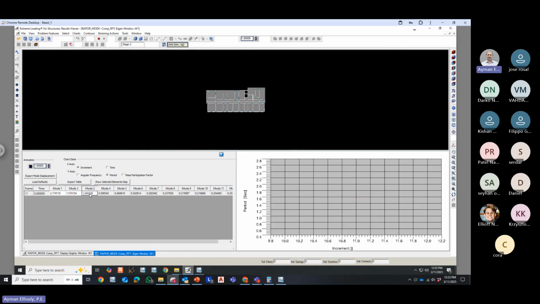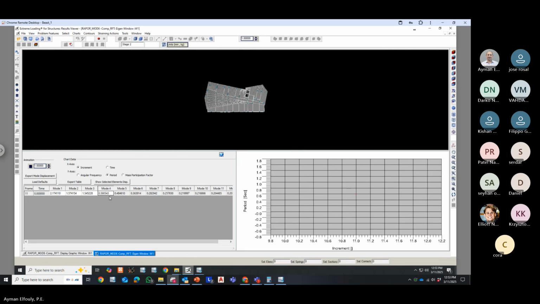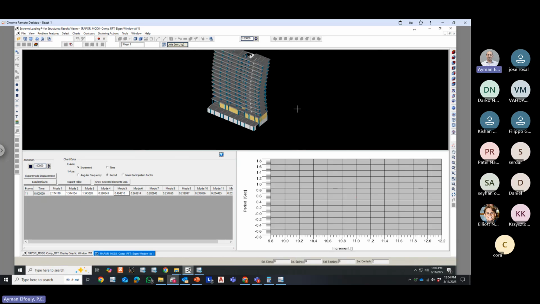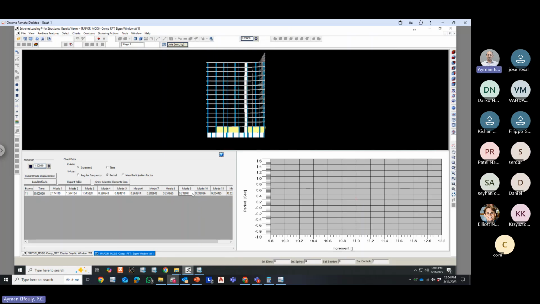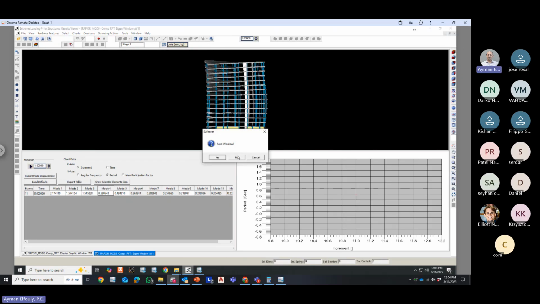This is the third mode. Fourth mode. Fifth mode. Perhaps we can view this in 3D, and so on up to 12 modes. Now let's go to the analysis itself,